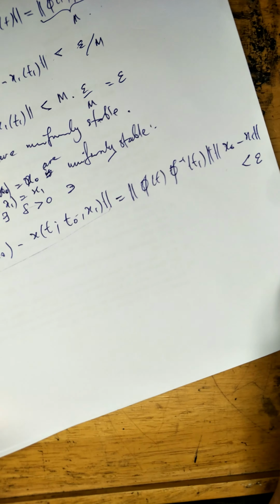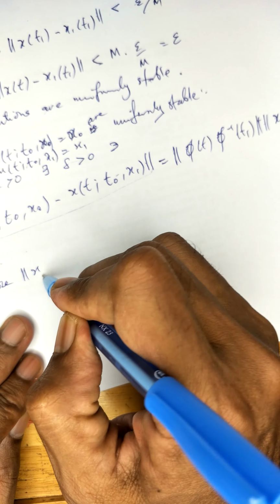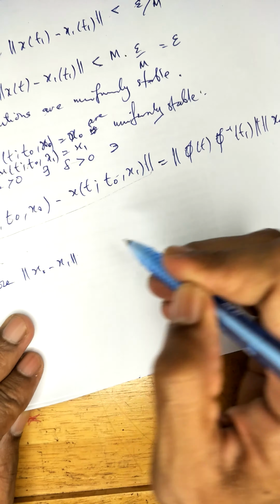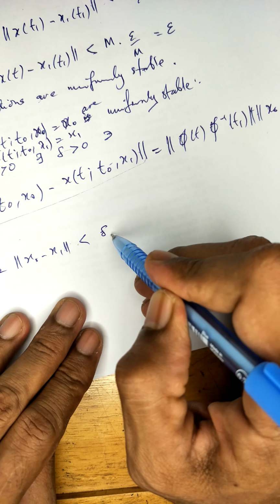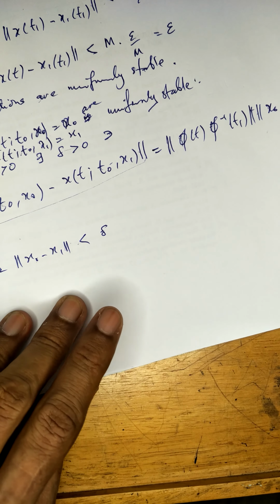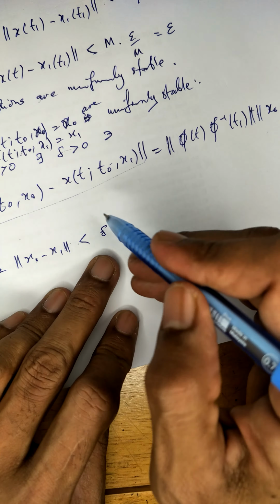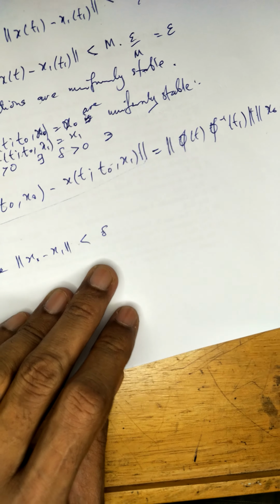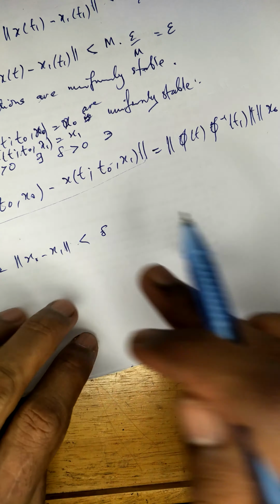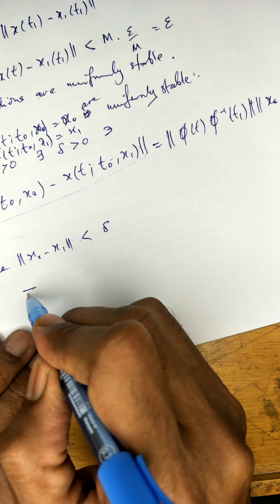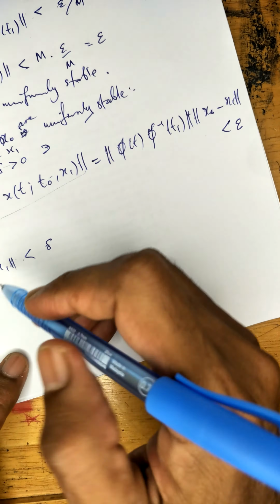we may choose x naught minus x1 less than delta. Okay, here you can consider delta if you want, or you can consider delta over 2 if you want. So if you choose that, what will happen from that? Okay, so we have